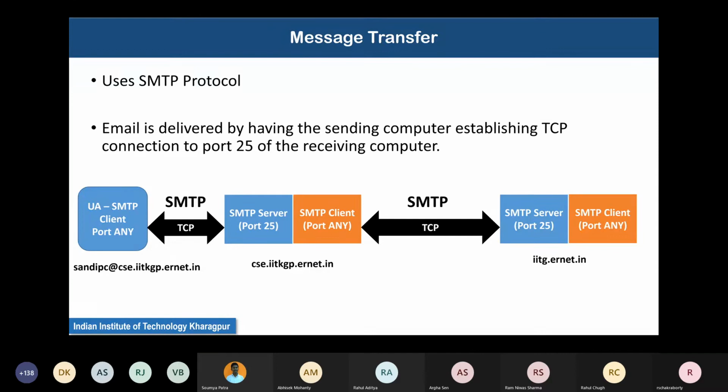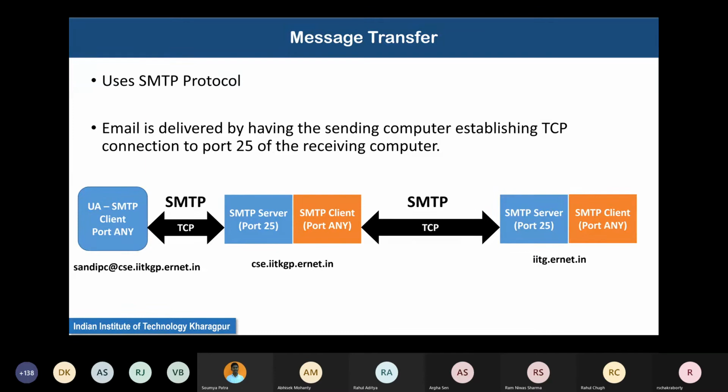First let us see how a message transfer happens. This is important. Please pay attention and try to understand. The SMTP protocol is used to transfer email from the user agents to the transfer agents, and then between the transfer agents, and again to a user agent.